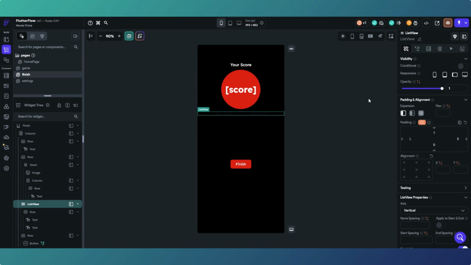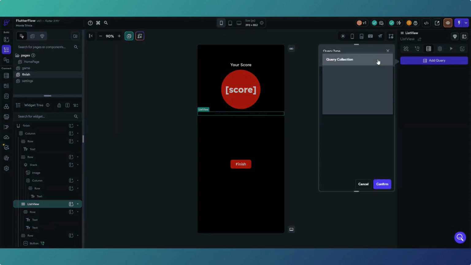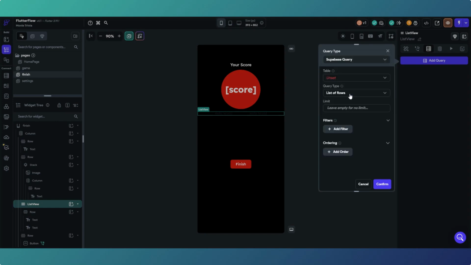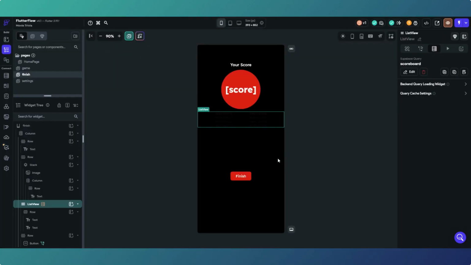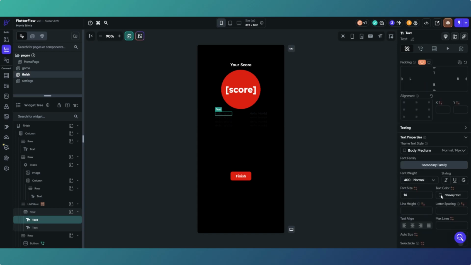The list view, we now need to give it a Supabase query, and what we're getting is from the scoreboard a list of rows. There are no filters, basically just a list of everything that's within that table. Confirm that, and what we need to do is change that text obviously to white,